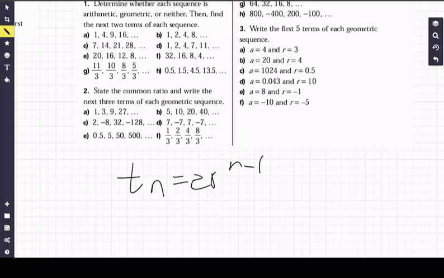And next lesson, instead of introducing recursion formulas, which is basically where we try to find every term by backtracking using the term after it, instead of doing that, we're going to go ahead and do some word problems as usual, because the word problems in